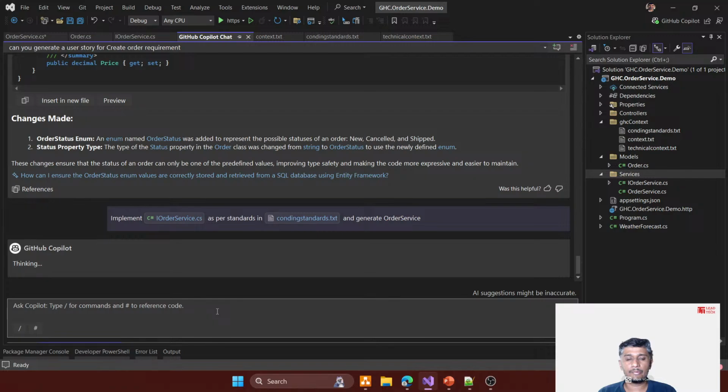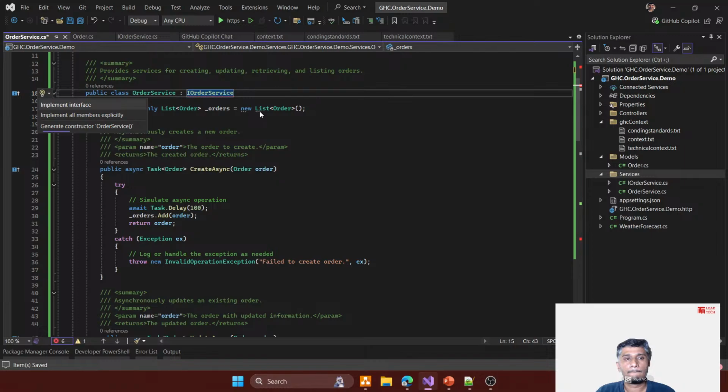Now I'm going to replace it here. You have the very specific order service. Now I have the list of orders. Let me add this. So I have my order service. It says something is not implemented. So maybe some function is missing. Let me delete it for now. Okay. So now this is my create order, update async, and get by ID async, and then list orders by status. Now there